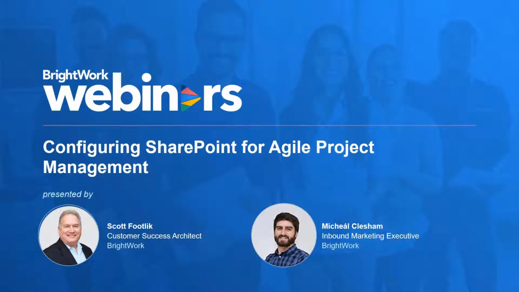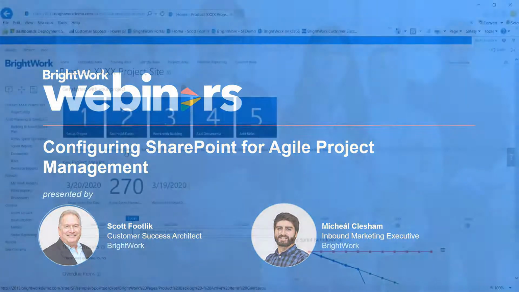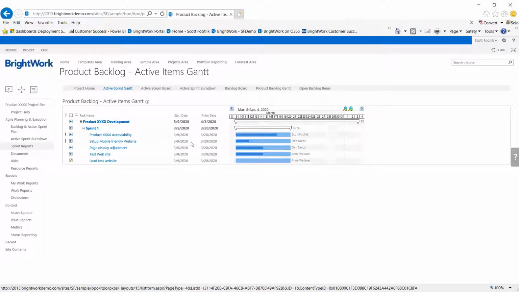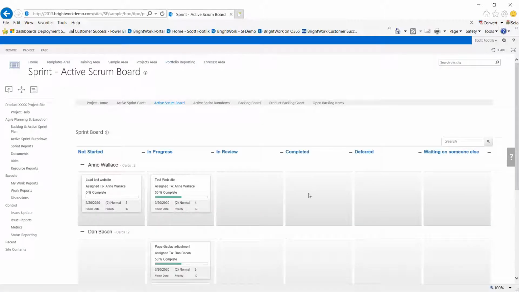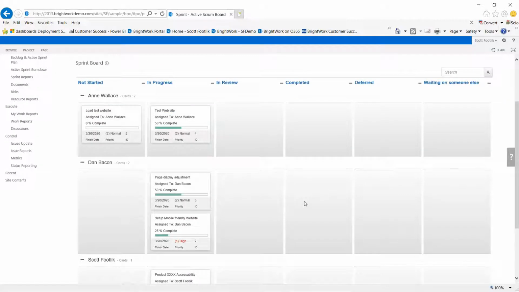Now, there's other reporting that's specifically set up for the active sprint, including what's currently being worked on and what is the status of it. And then we have the active sprint board or active scrum board. Again, the terminology would be what you'd want it to be. But in here, this is that Kanban board I mentioned in the presentation where we have a physical status, and this one's organized by